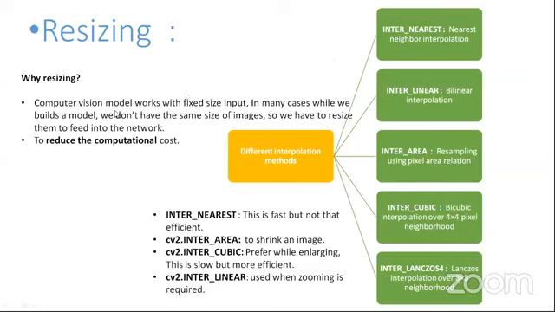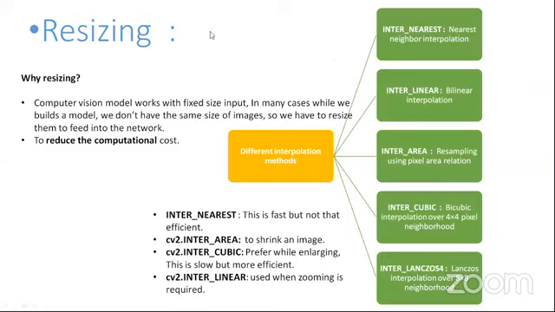Whenever you are working with a computer vision model, you need an image. You cannot feed different image sizes. Suppose you gathered some data from the internet for your computer vision model. Some images are in HD, some are 1028, some are 400 by 400 size. So you cannot feed variable size inputs into your model. You have to make sure that all the images are of the same size, then only can you feed these images into your classifier.